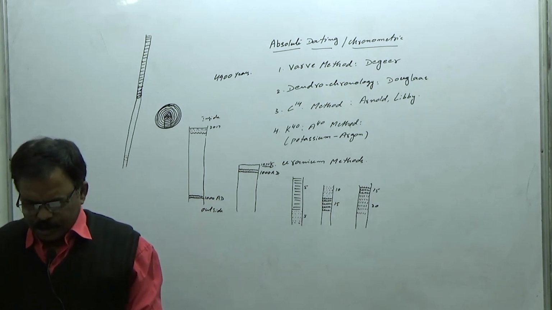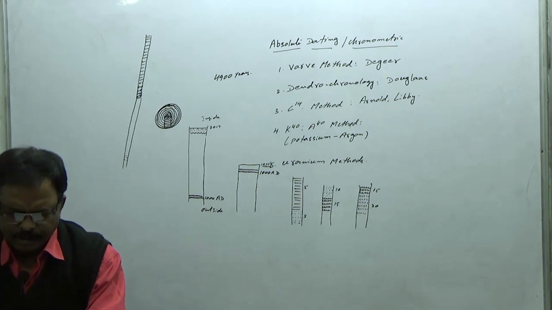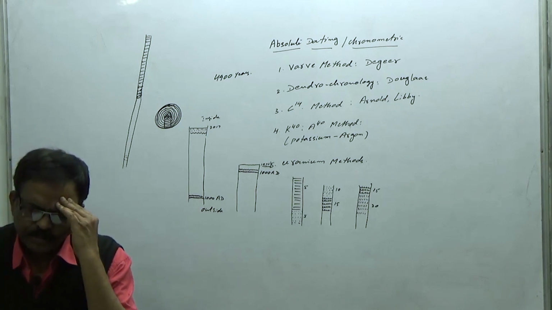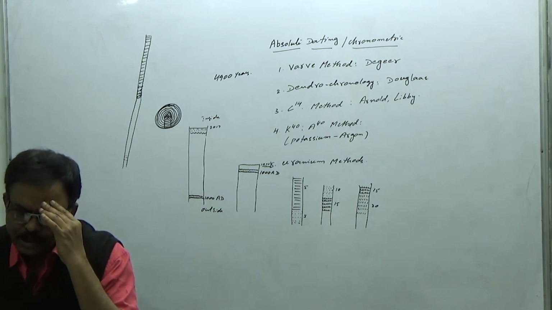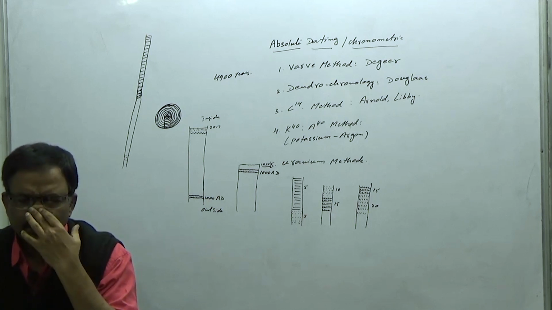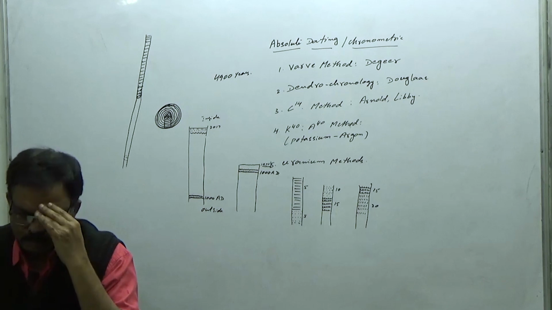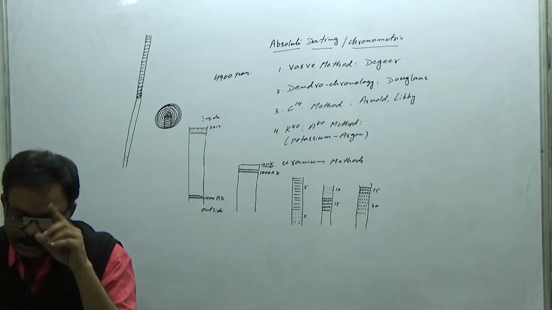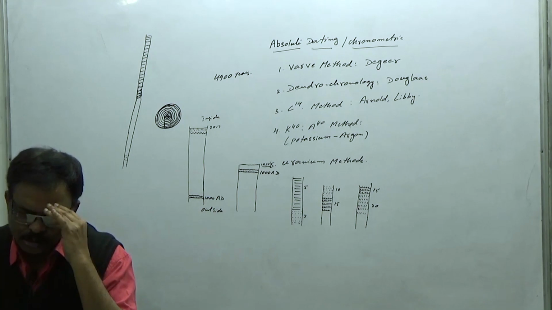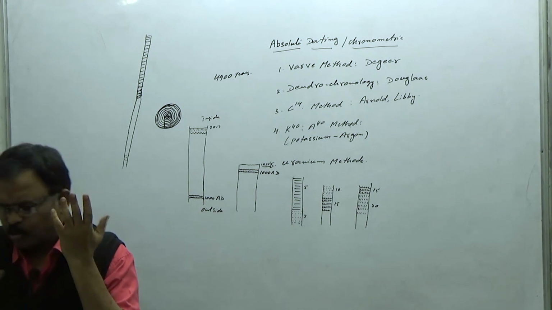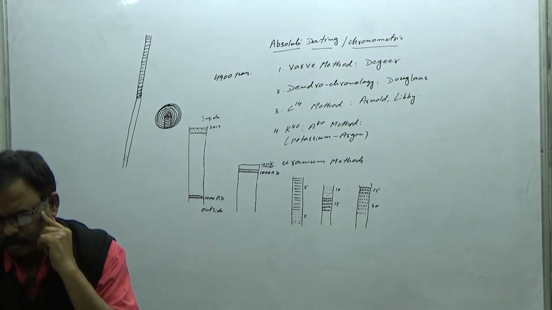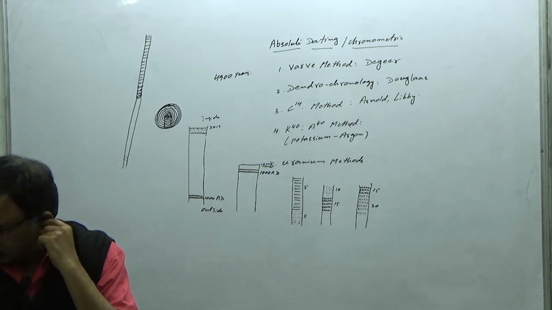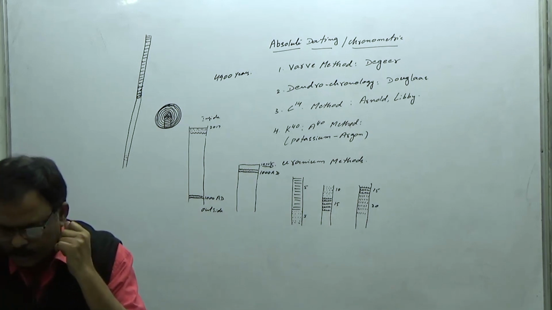This method is based on a principle that the trees which grow in similar environment produce similar annular rings. This method is based on a principle or fact that